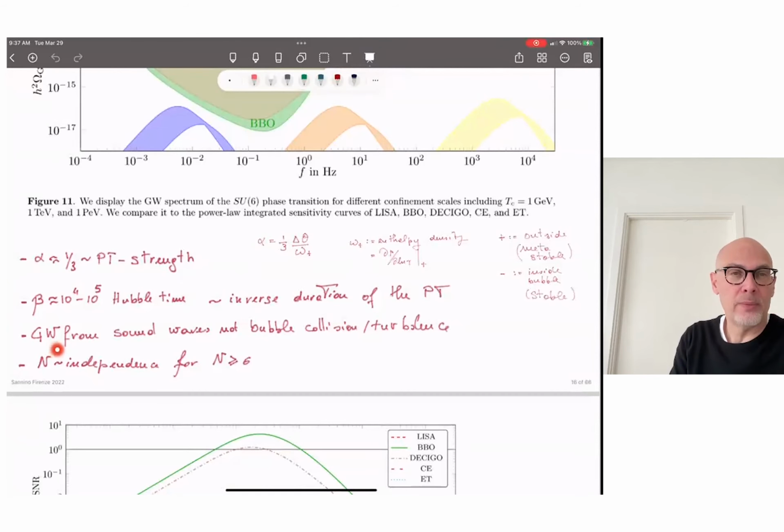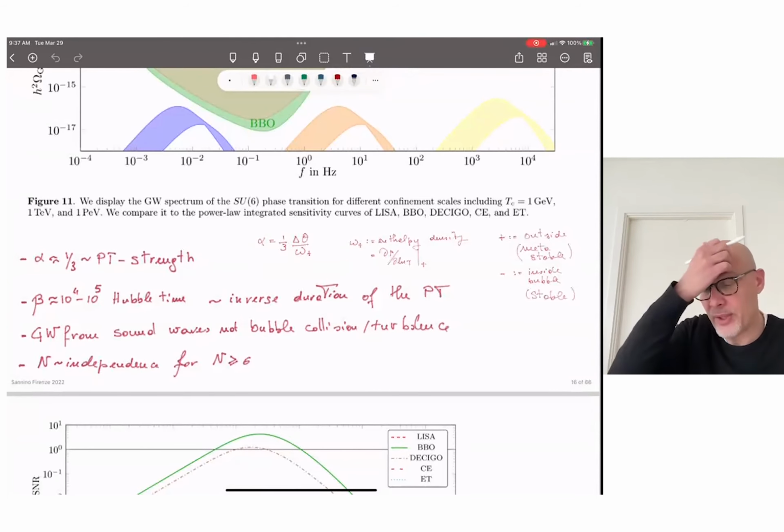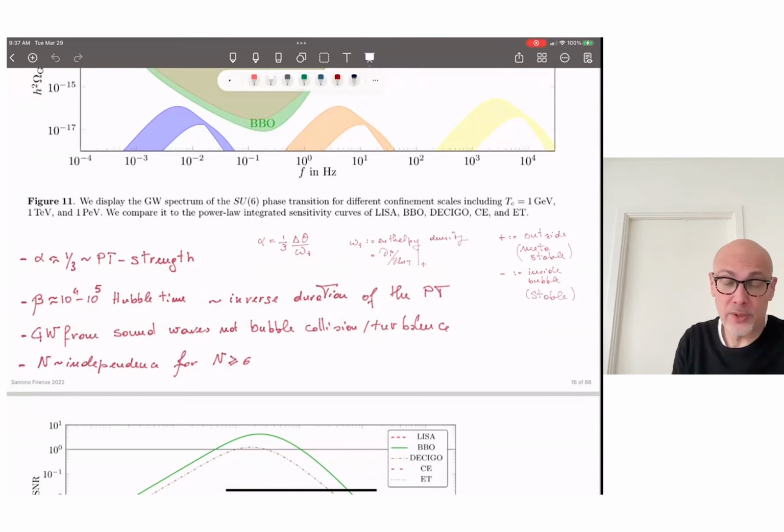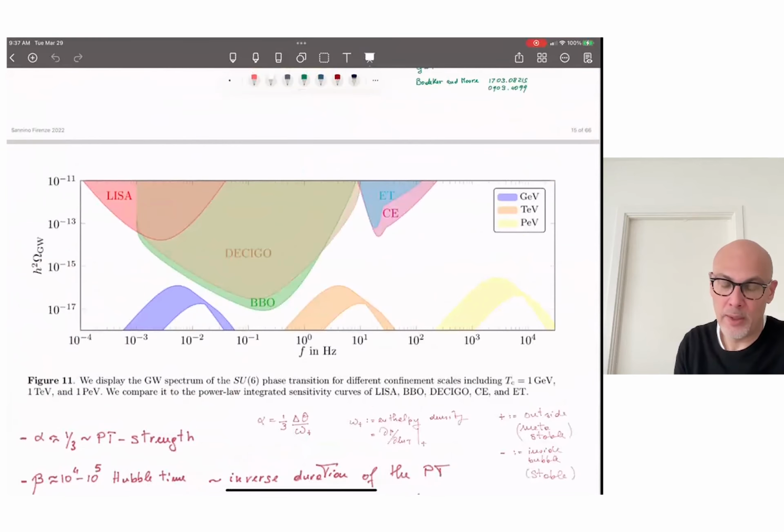The other thing we observed is that the sound waves are mostly responsible for the gravitational wave spectrum, rather than other bubble collisions, because of the turbulence effects. And we also observed that the maximum of the signal came for N around 6, but there was quite an independence for any number of colors larger than 6. Lo and behold,